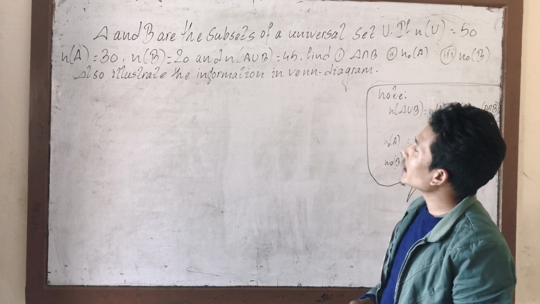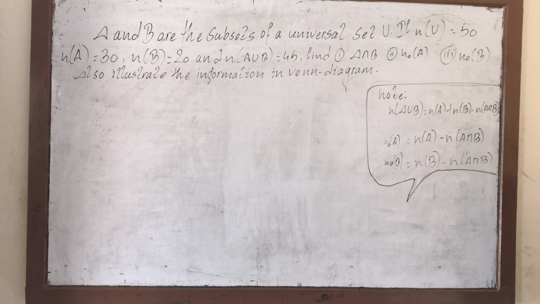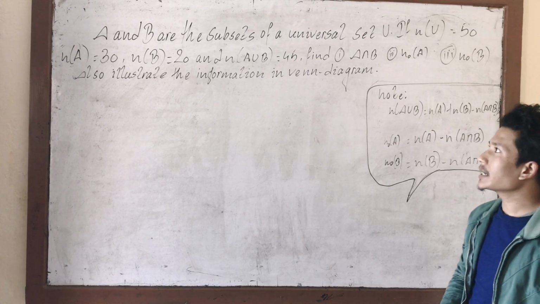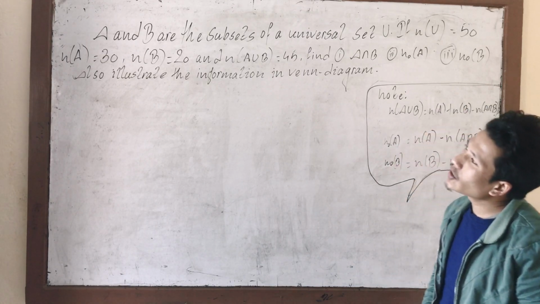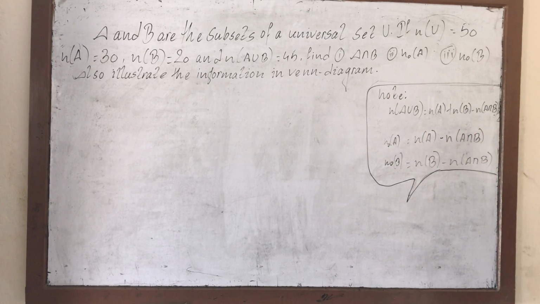So A and B are the subsets of a universal set known as U. Means A and B चाहिँ subsets रहेछन् एकअर्काको universal set को चाहिँ A र B चाहिँ के रहेछ subsets भनेको त्यसको sets रहेछन्. If number of U, यानी कि universal set, number of U is equals to 50, then number of A is equals to 30, number of B equals to 20 and number of A union B is equals to 45. So we need to find out A intersection B, yeah, and number of A only and number of B only. हामीलाई find out गर्नु छ.